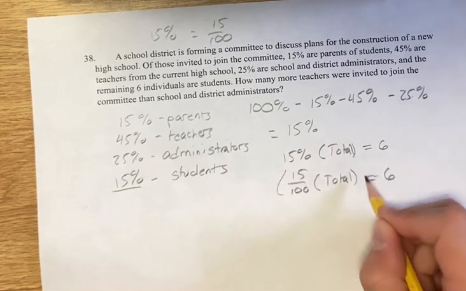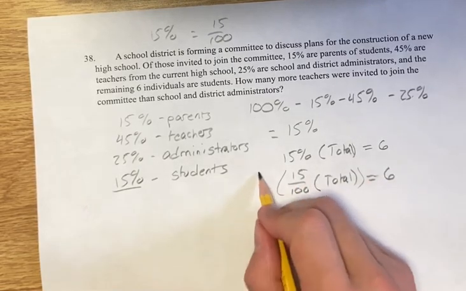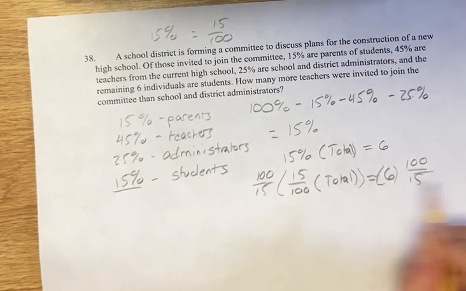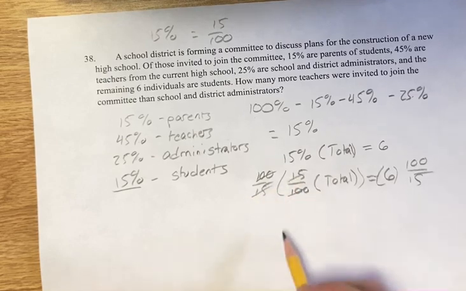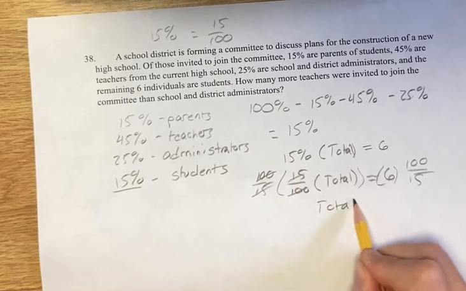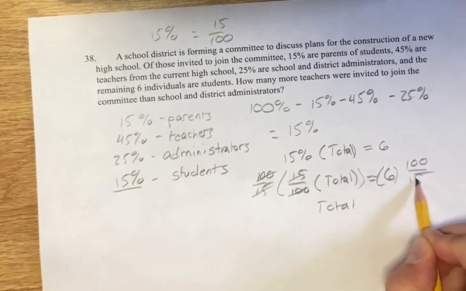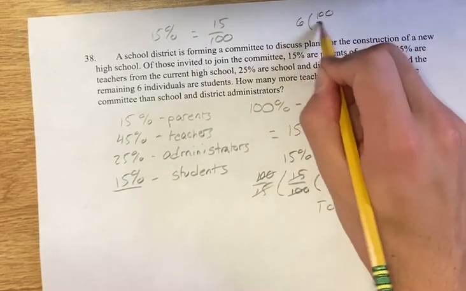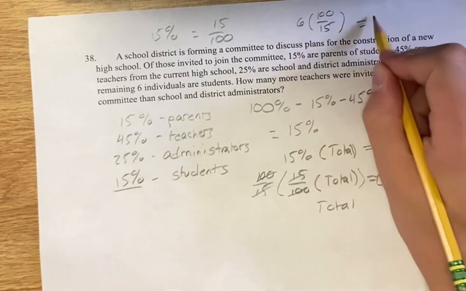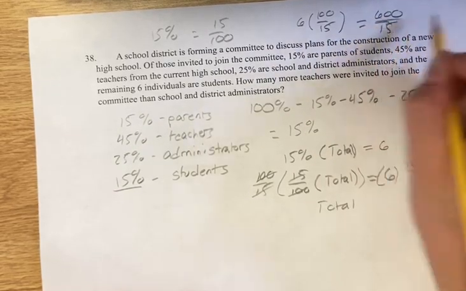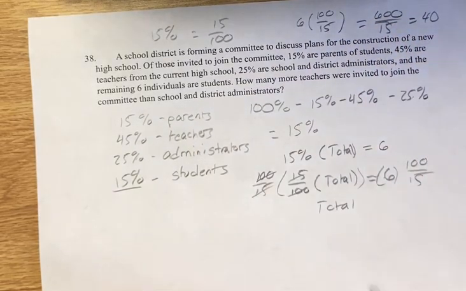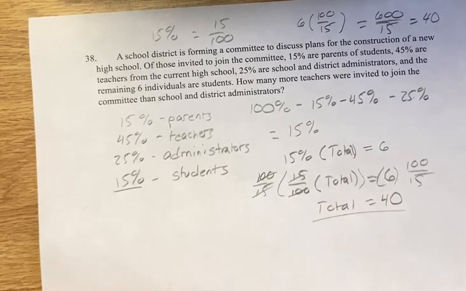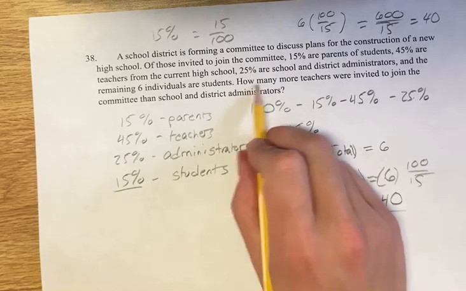And then to get rid of the coefficient, we multiply by 100 over 15 on both sides. 100s cancel, 15s cancel. We get the total is equal to 6 times 100 divided by 15, is equal to 6 times 100 is 600 over 15 is equal to 40, or you just plug it into your calculator. It's probably easier. So there are 40 people on the committee, and we're asked how many more teachers were invited